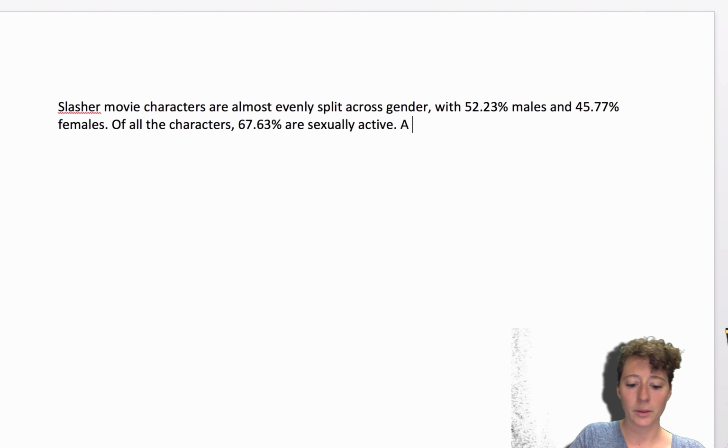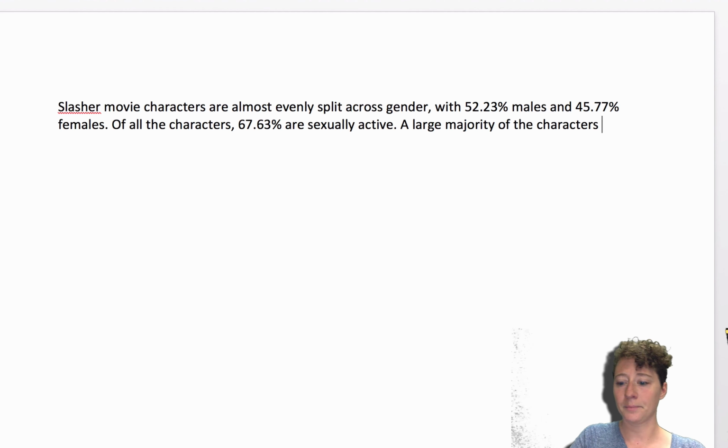And then, like I said before, a large majority of the characters die in the movie. We want to give them, again, the numbers specifically. And if it doesn't fit in our sentence, we can just make an aside like this. Only 17.5%